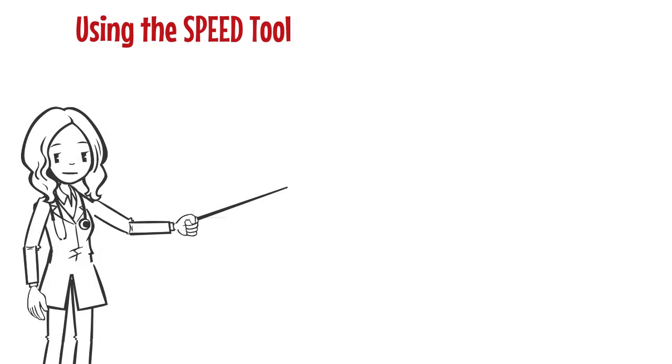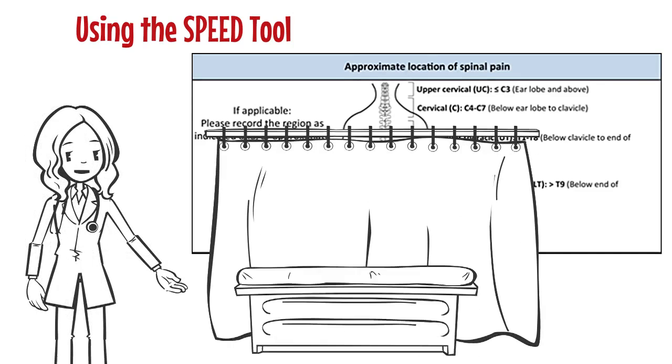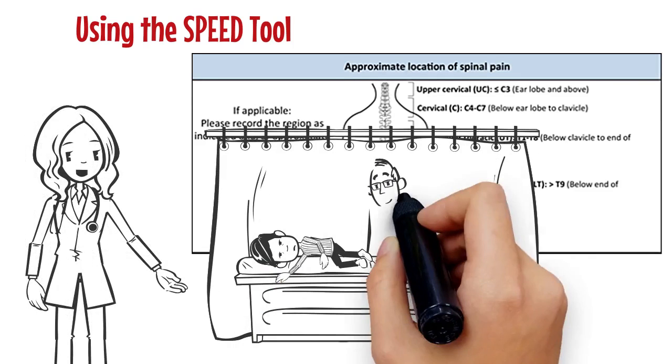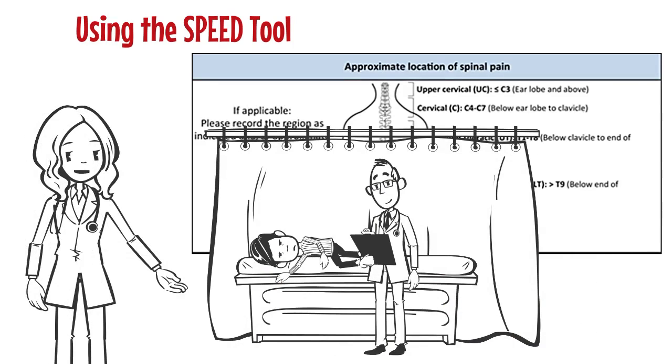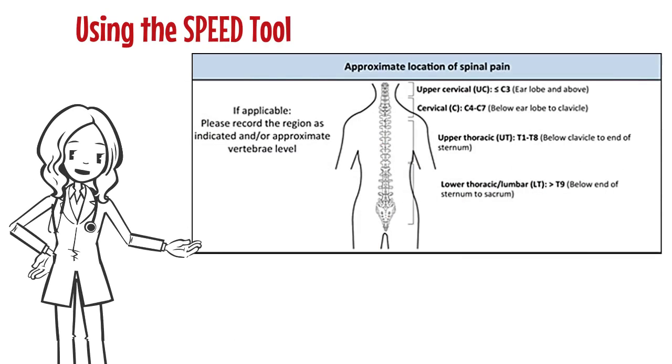The last part of SPEED is an assessment of pain or tenderness along the spine posteriorly. The presence of pain is obtained by talking to the patient while assessment for tenderness is performed during the log roll. For SPEED, the location of spinal pain or tenderness is classified in one of 4 levels, each corresponding to